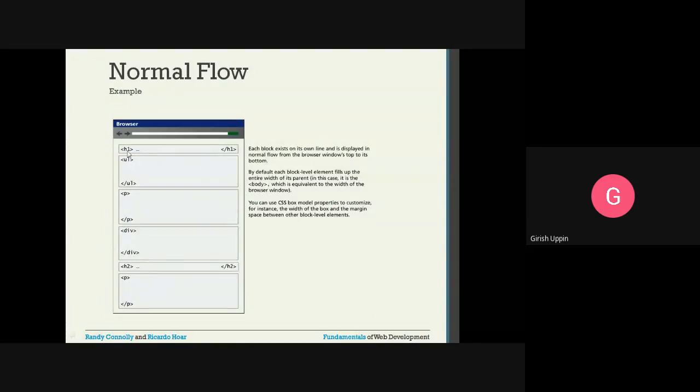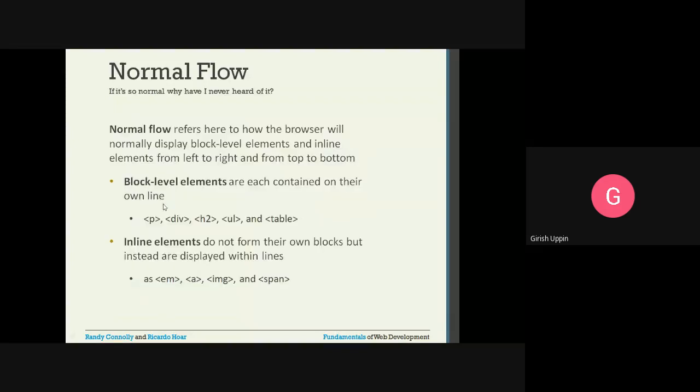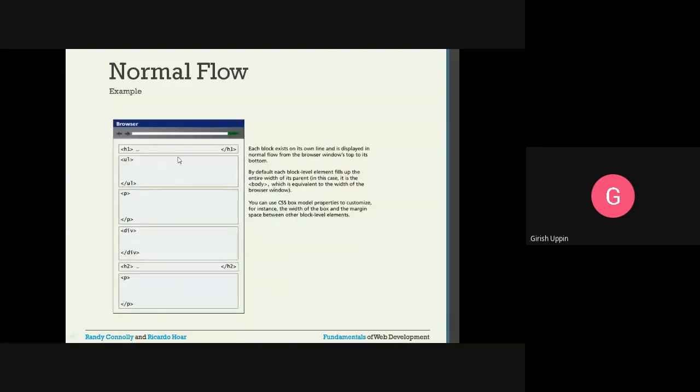You can see we have an h1 element, then ul, paragraph, div, h2, and again paragraph. So all these elements are block level elements, and they will be displayed on their own line. For the horizontal display, by default they will use the complete width of the parent.